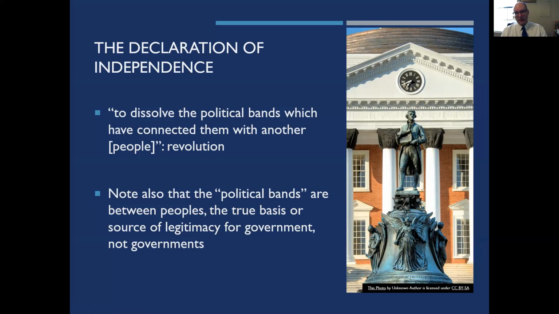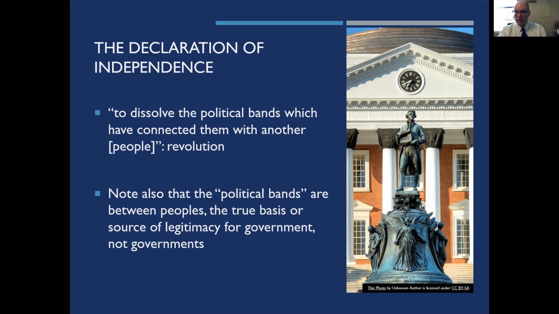So a few things from this first paragraph, this phrase, to dissolve the political bands which have connected them with another people. When he's saying this, he's talking about revolution. It's not quite as cutting to the point as you might expect. It's not quite as blunt about what's actually going on, but he's basically saying revolution, okay? When you say we need to be separate from the British, and obviously they're not just going to accept that, so you're starting a war, right? But that's what it's saying, the political bands which have connected them with another people.